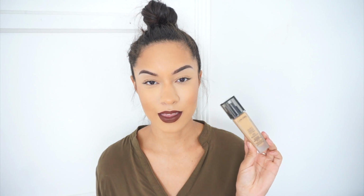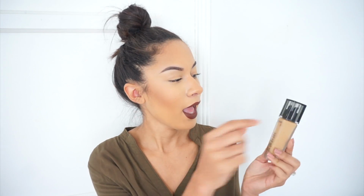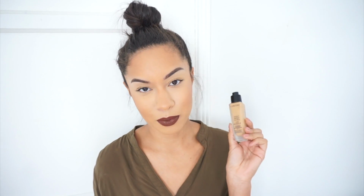I'm Sabrina Marie or Marie J here on YouTube, and today I'm doing a foundation review for you guys. The foundation that I'm reviewing is the Lancome Teint Idole Ultra 24-Hour Foundation, and this is what the bottle looks like. It has a frosted bottle, and then of course it has a cap, and it also has a pump, which